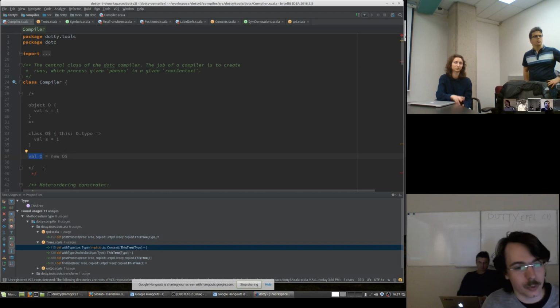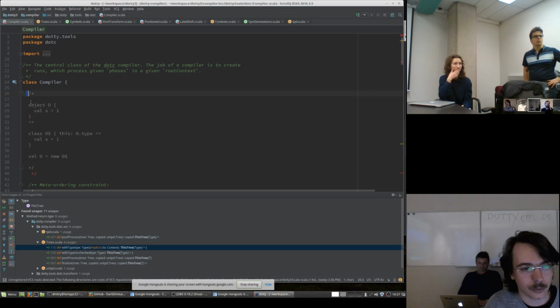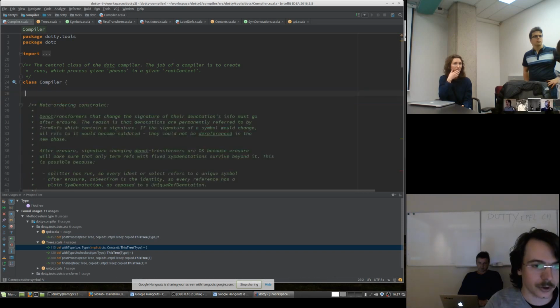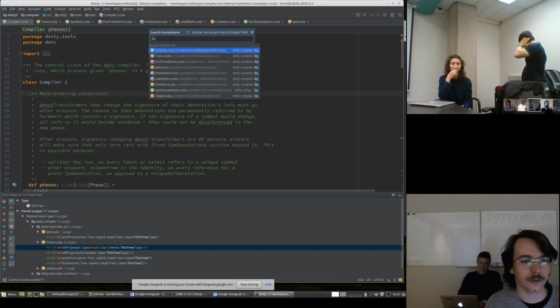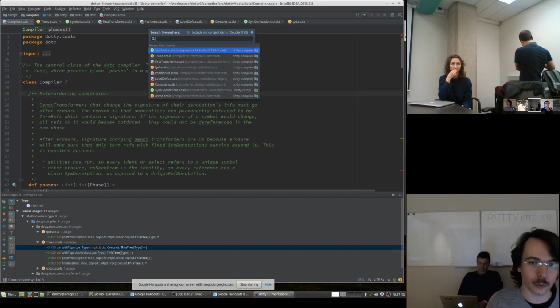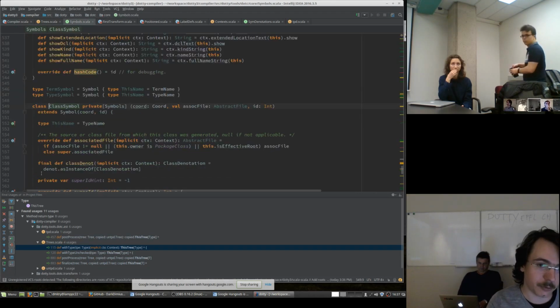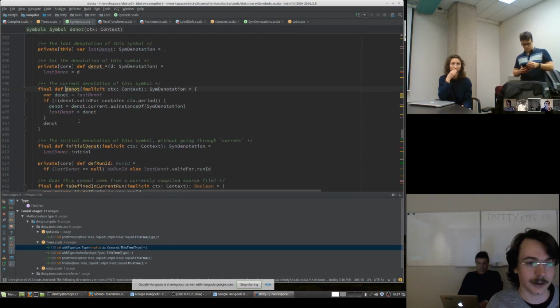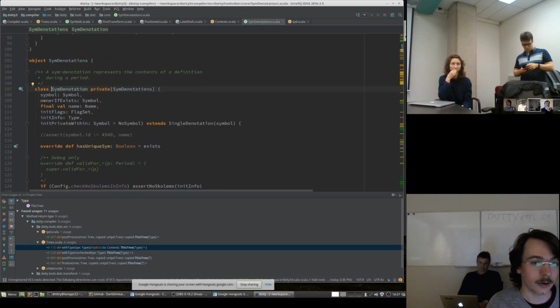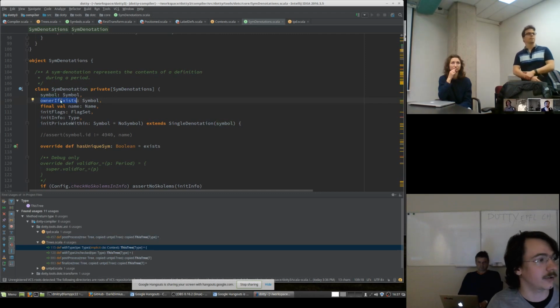Okay, now what I was saying is I don't go into details how this information is stored, but I'll quickly show it for those who are willing to find it fast. So symbols refer to denotations. Symbols contain denotations. Denotations refer to what symbol they have, refer to where the symbol is defined, so who's the